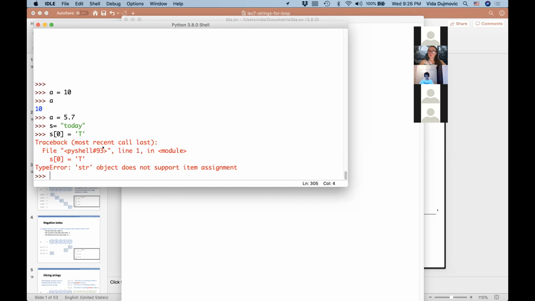So what I wanted to show you here is that strings are unchangeable. Once you create a string, you cannot change individual characters of the string. So for now, just start getting used to this: eventually you will really have to think, are the objects I'm creating changeable or not?